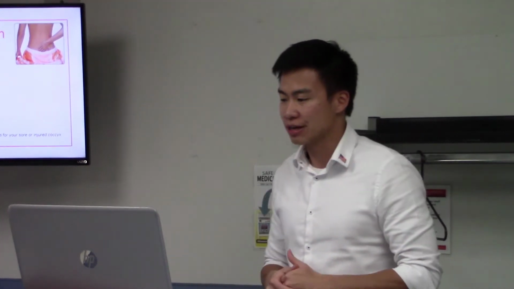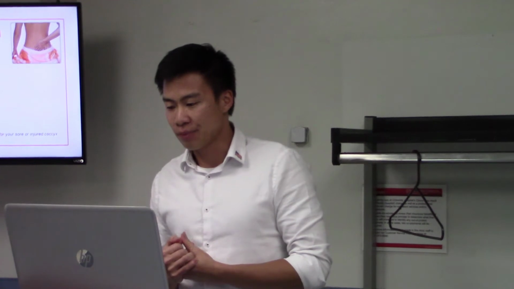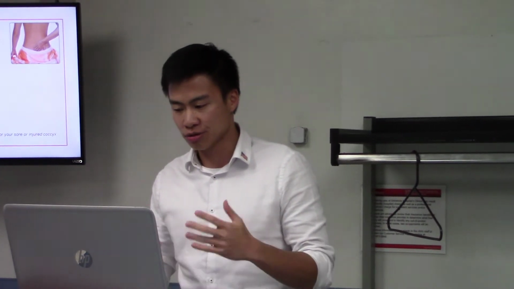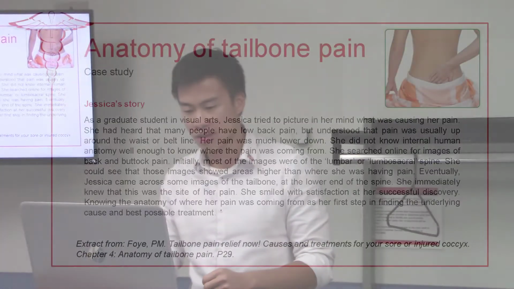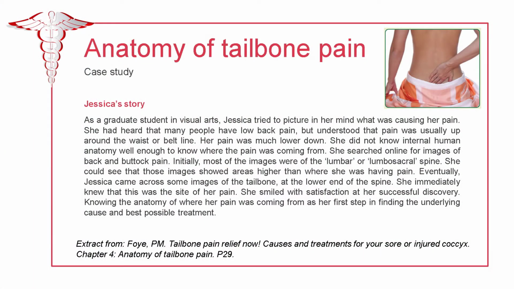So I'll start with a case study from Dr. Foy's book. I like to start with it as it shows the importance of understanding precisely the anatomy of the tailbone pain. So this is Jessica. She's a young woman, and she was trying to picture in her mind what was causing pain. She heard many people had low back pain, but understood that pain was usually higher up. Low back pain, that is. Her pain was much lower down. She did not know internal human anatomy very well,